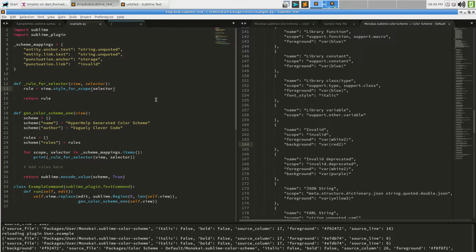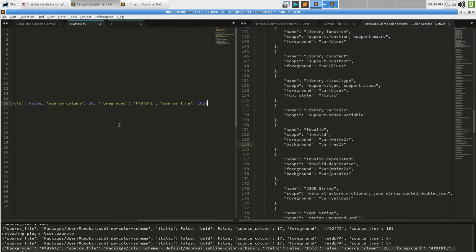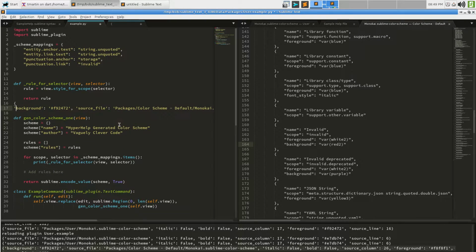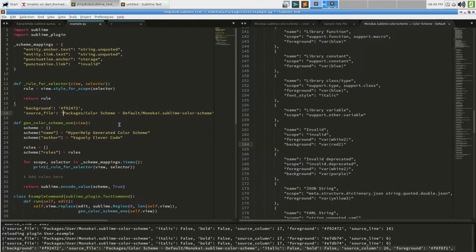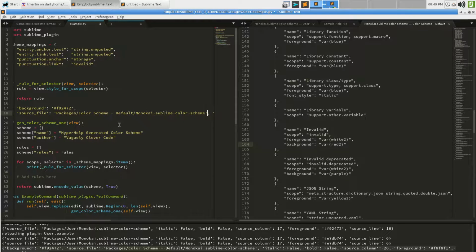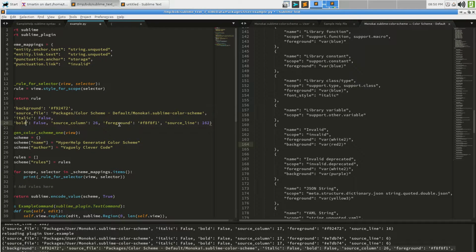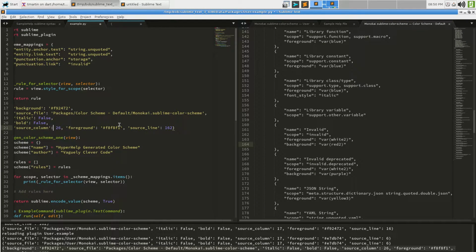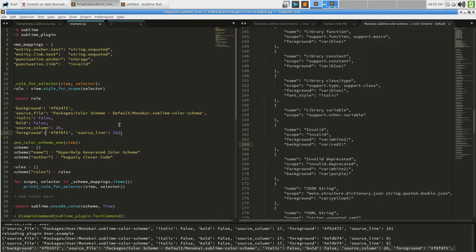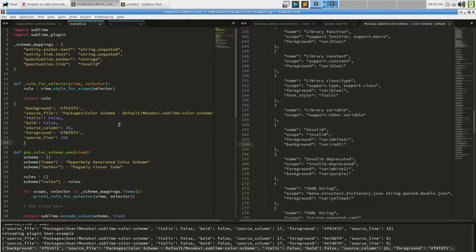Now maybe this isn't exactly how this should go. If we think about this logically, we're going to grab, let's say, this bad boy here, like so, and drop it in here. I'm going to go ahead and just quickly zoop this out so that we can see it, and then I'll comment it out. Italic false, bold false, source column, and there, and there.